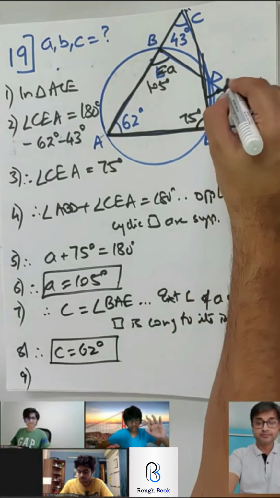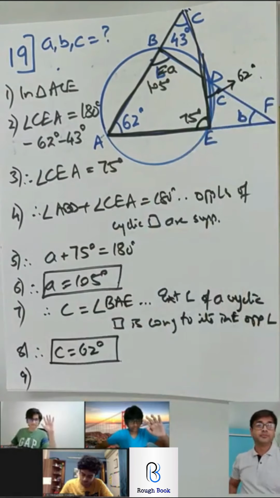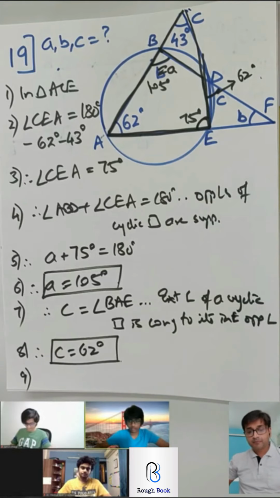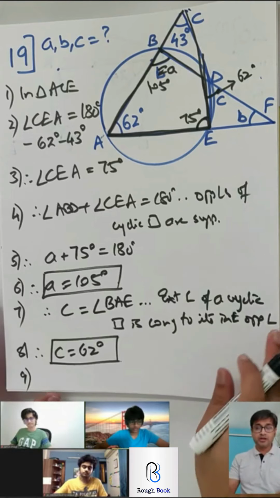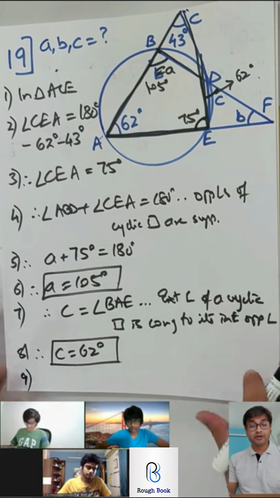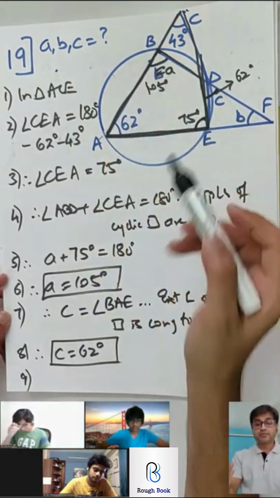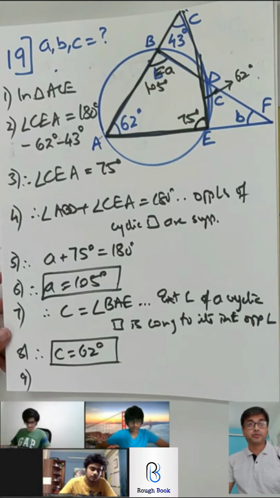How will I get B? Very simple. Yes, Balan, come on, give it. So we will take triangle ABF and add all the angles to equal 180 degrees. Perfect, that's one way. Can you think of any other way? What he said is absolutely right. Take ABF and use the angle sum property, you get B. Is there any other way out?